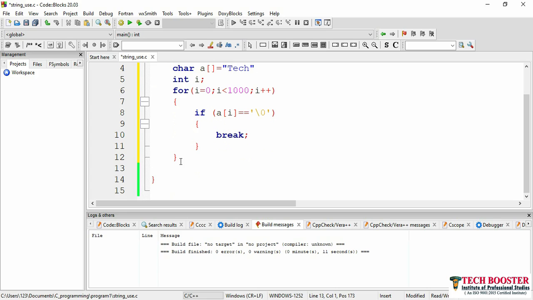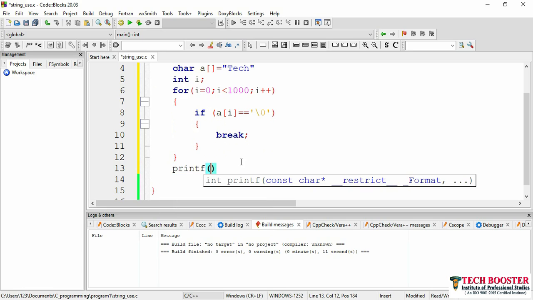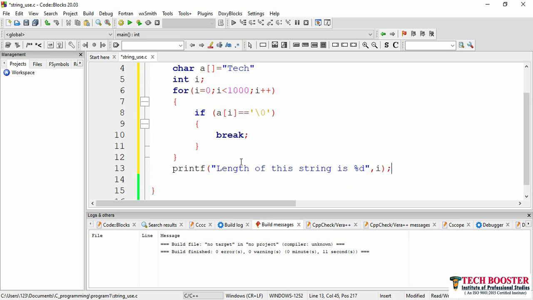Now I will print this one here, printf length of this string is %d, because this is an integer, and then i. Hopefully this will give me my output.